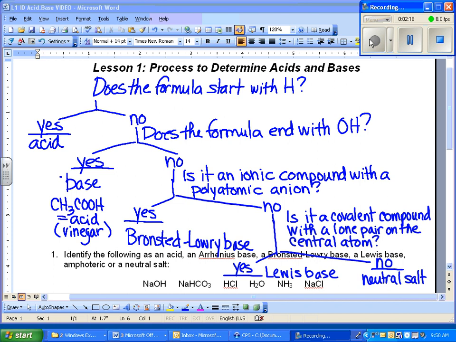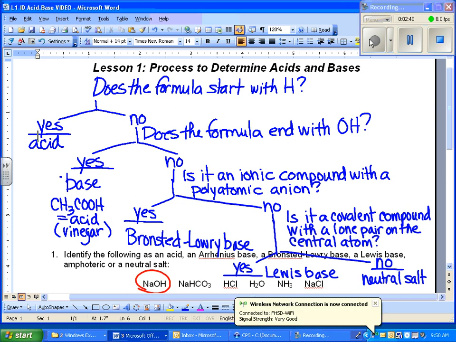If the answer is no to that, it's probably a neutral salt. You're going to look for things like sodium chloride, NaCl. That's a neutral salt. Anything like iron chloride, those kinds of things are going to be neutral salts. So let's see if we can just go through our list. If we look at the first one,